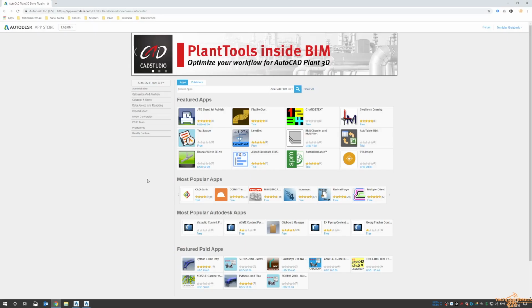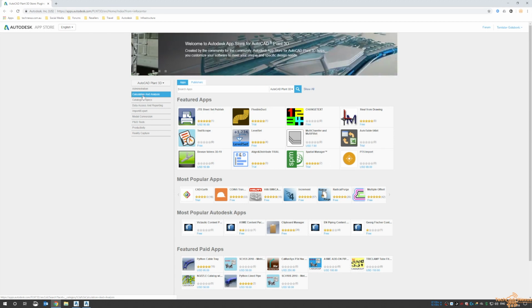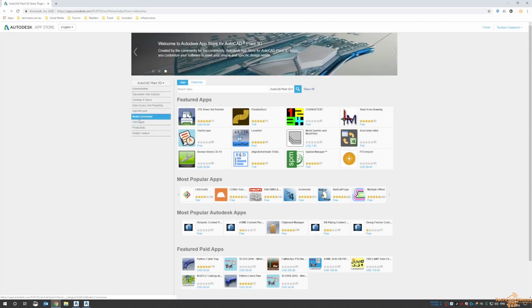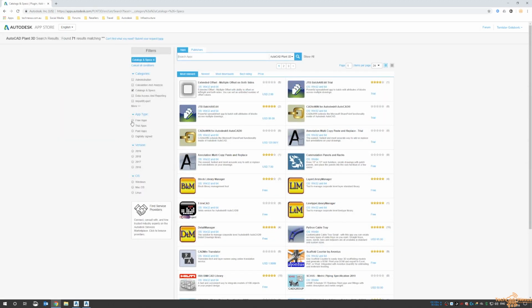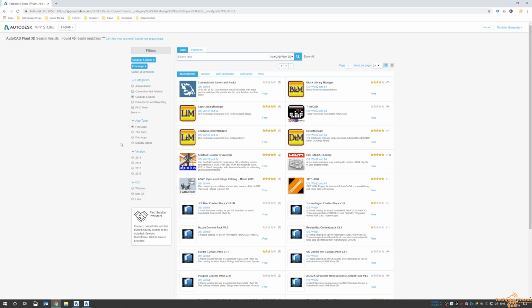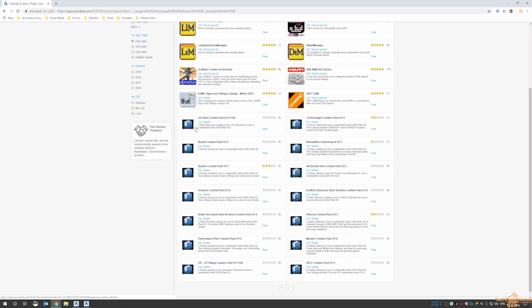Now, for Plant 3D, this is what appears. So we can come in here and look at the admin side of things, calculation, cats and specs, model conversion, P&ID tools, whatever. So I'm just going to look at the cats and specs. And if I click on free, there are some free ones from other companies, but the Autodesk ones are these blue boxes with a white arrow on it, and you can see there's a metric ASME